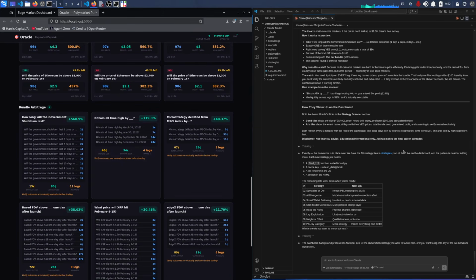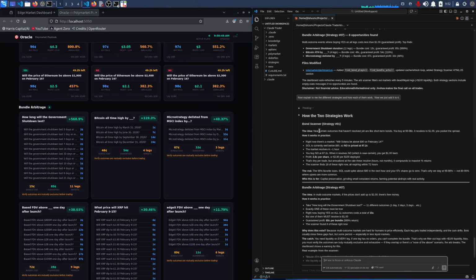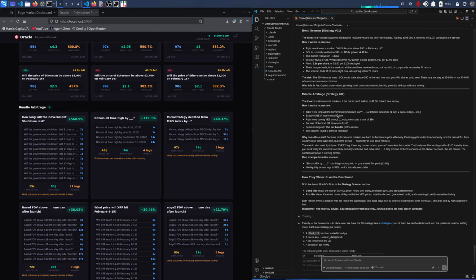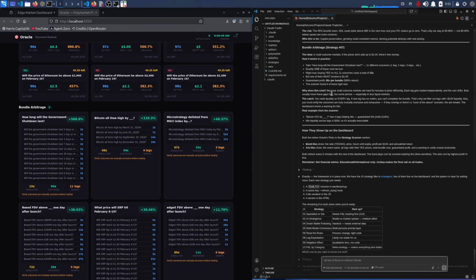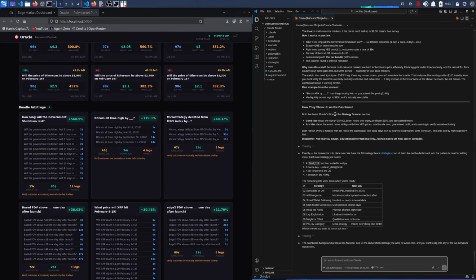Interesting. Let's read. In multiple outcome markets, if the prices don't add up to $1, there's free money. Here's how it works in practice. Take how long a government shutdown lasts. 11 different outcomes, 1 day, 2 days, 3 days. One of them must be true, right? 15 cents, but one of them must resolve to $1. Okay, so let's